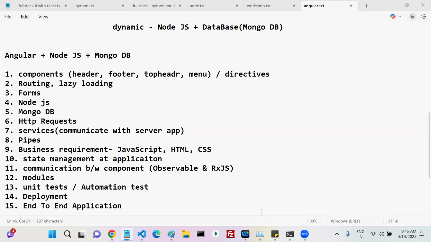Sir, should we cover signals and standalone components? Yes, you can come up with your requirement. It's not fixed. Yes, we can cover them. If it is helpful, then we can take a workshop kind of session also. I already told in the group also, this is high level. If you want, you can come up with your own topics.